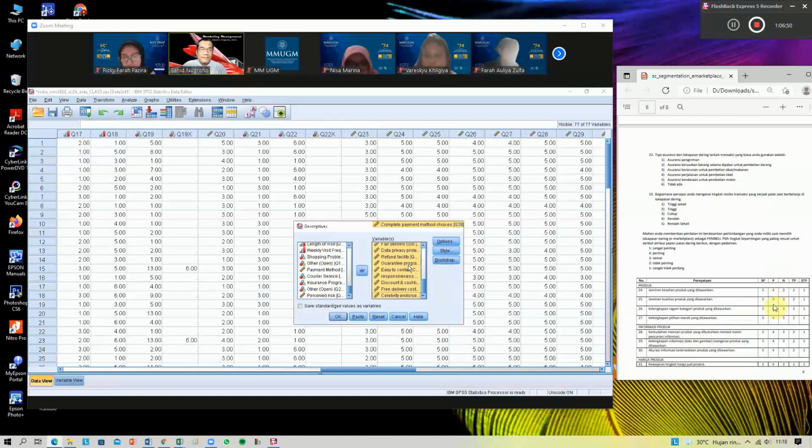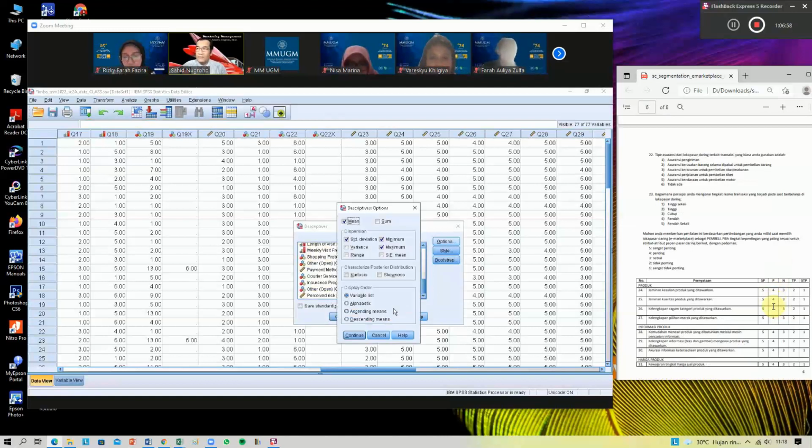Okay, and then we use click option first. We will also see which one is the most important and which one the less important, the least important. So please choose also for display order, choose descending means.